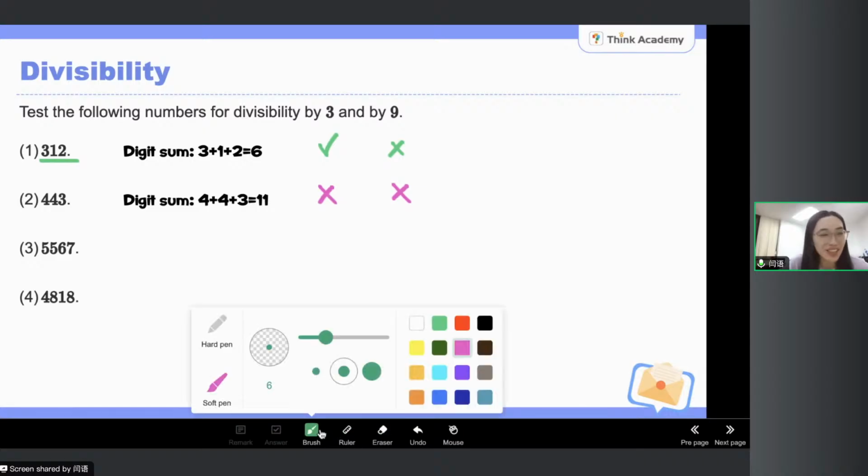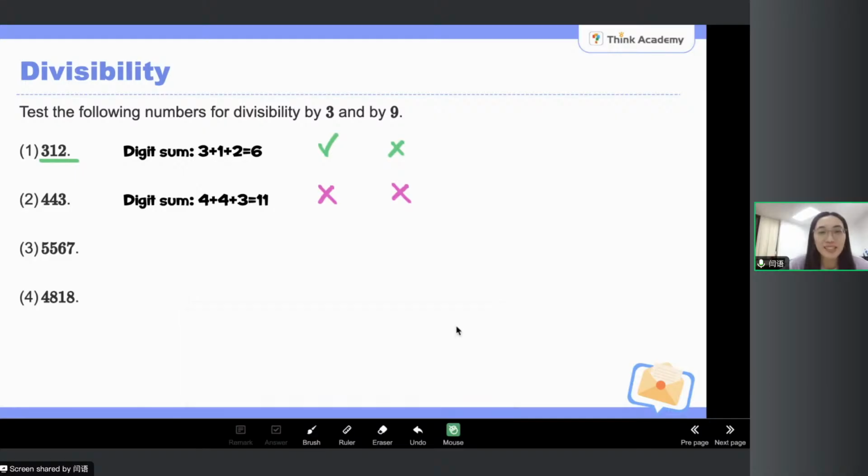Next one, what about 5,567? Okay, so what is the digit sum? Quickly, everyone, try it by yourself. 5,567. What is 5 plus 5 plus 6 plus 7? Okay, good job. That is 23, right? Yes, excellent. So here again, no and no. Okay. Then the last one,